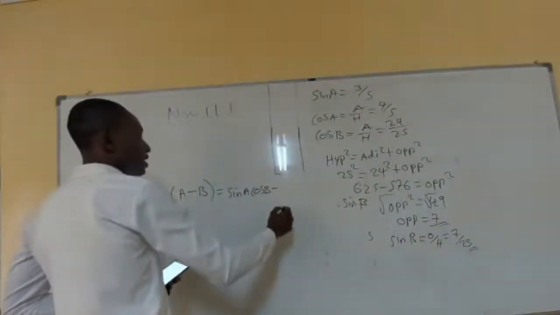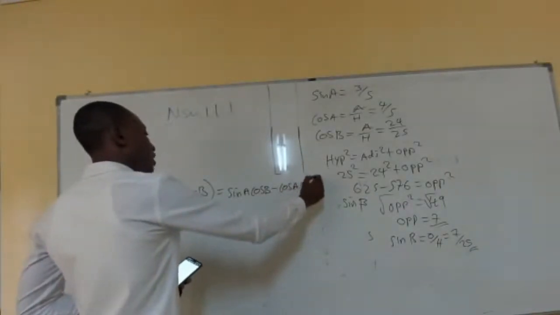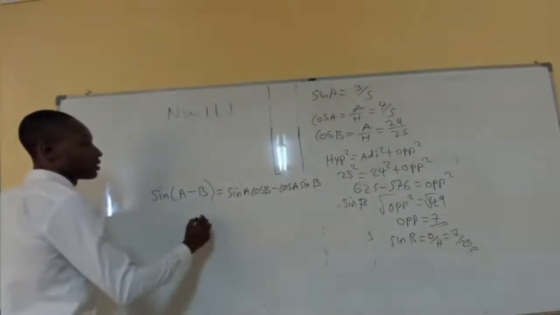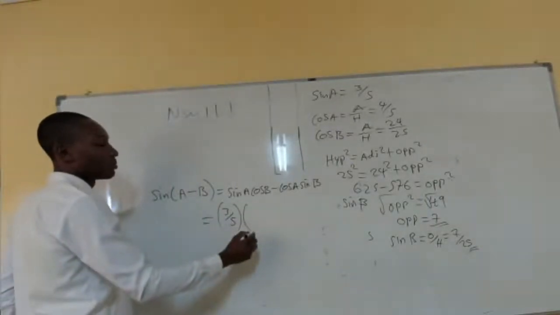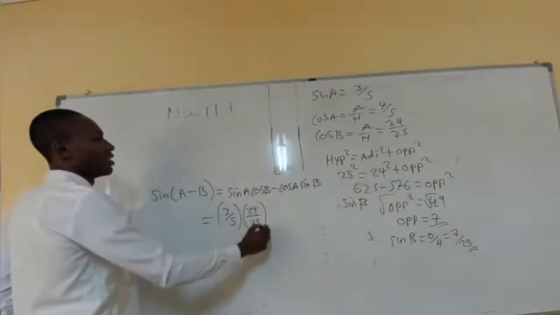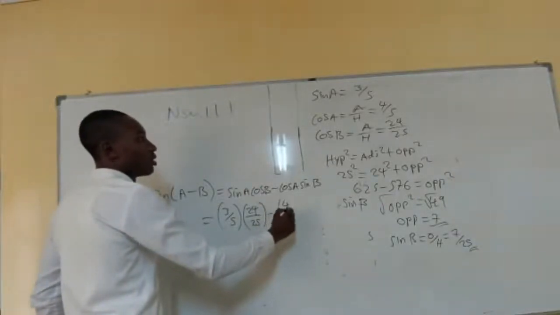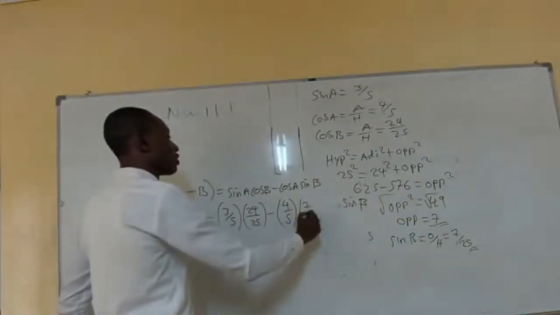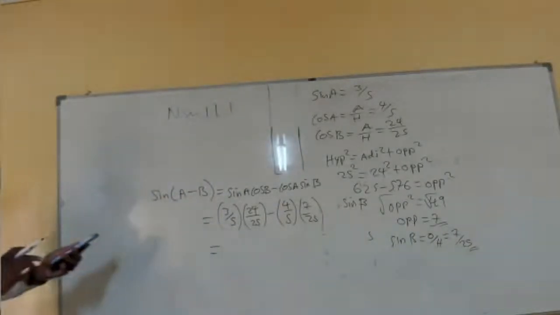Since it's minus, it maintains as minus cos A sine B, right? Cos A sine B. Right, so now we know what sine A is. We found it as 3 over 5 multiplied by cos B as 24 over 25, minus cos A as 4 over 5 multiplied by sine B, which we found as 7 over 25. Alright, so from this we have